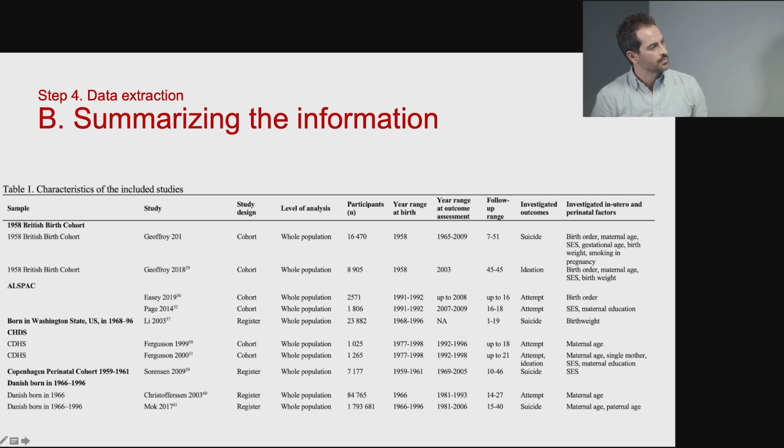For example, this paper, the first paper, focused only on suicide. Another paper focused only on suicide attempt, another just on suicide ideation, another on both suicide and suicide ideation. This paper measured a lot of risk factors. This one just one. So this is an overview